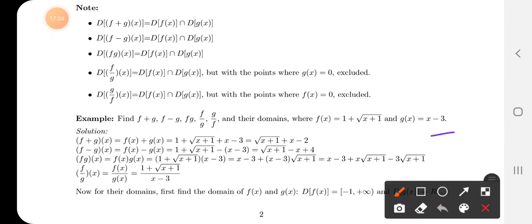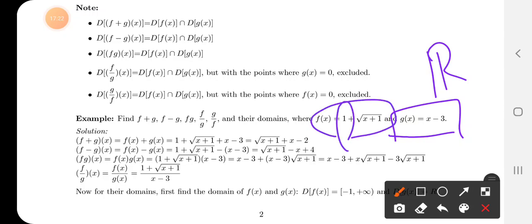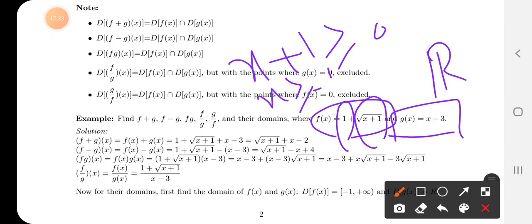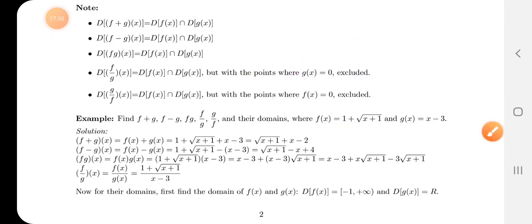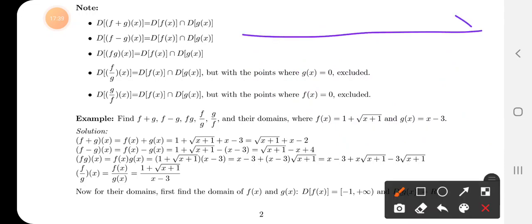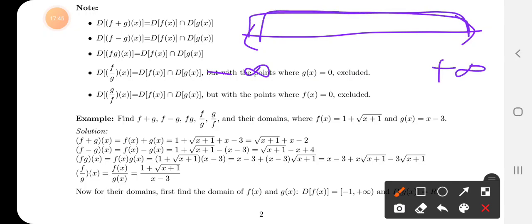So what is the domain of g first? G is simple. G is a polynomial, no radical, no denominator, nothing. The power of x is a whole number, so it's a polynomial. So the domain of a polynomial is the set of all real numbers, from negative infinity till plus infinity. What about this one? Here this 1 is a constant, so it doesn't matter. So let's see the next one. This is a square root, and in a square root whatever you have inside should be greater than or equal to 0. From here x is greater than or equal to minus 1. So the domain of g is the set of all real numbers, from minus infinity to plus infinity.